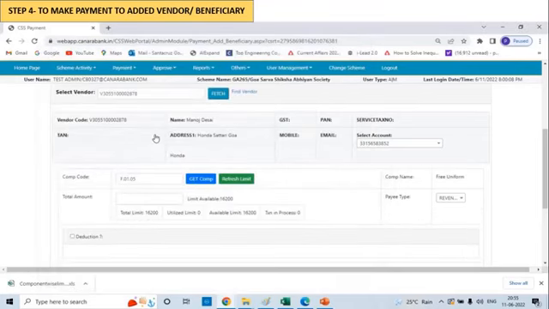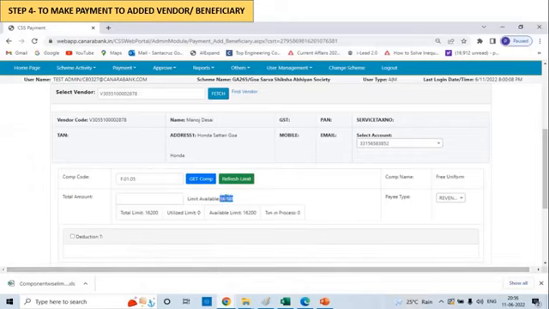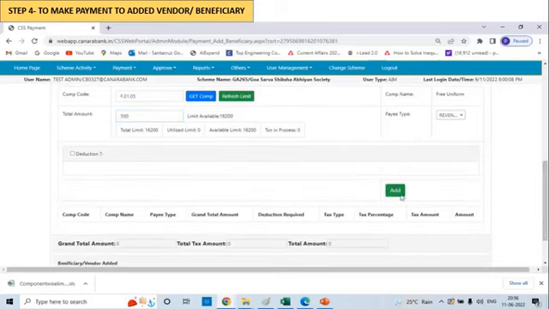Proceed, and then automatically whatever amount you got appears. 16,200 is the amount I have got for the uniform grant. Likewise you can see here 16,200. This is the report we generated in the second step. So this amount is automatically fetched here, and within this available amount I have to make a payment. For a particular student, 500 rupees is the uniform grant, so I will put 500 rupees. I will add,